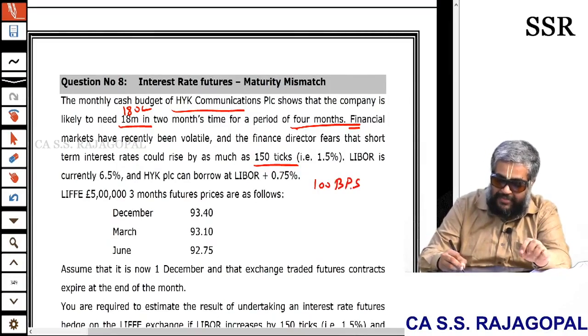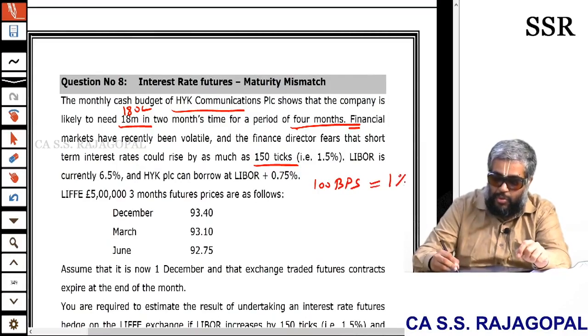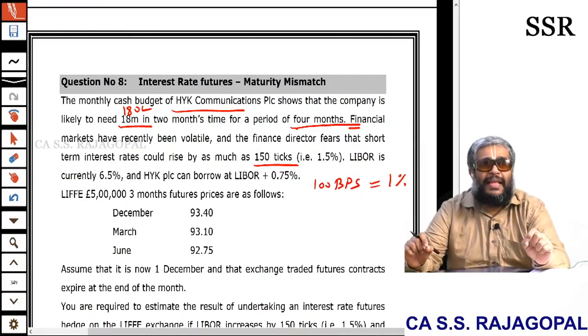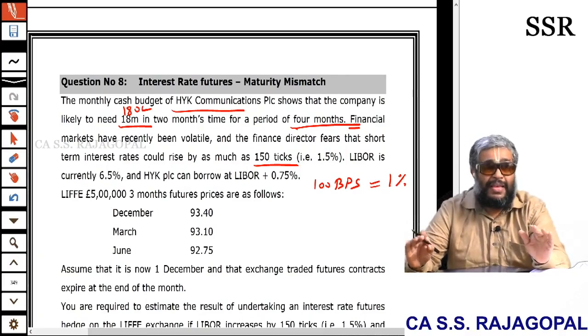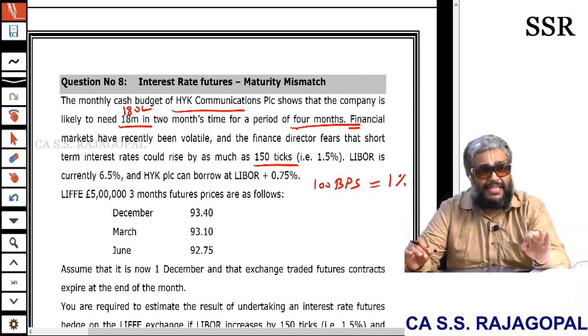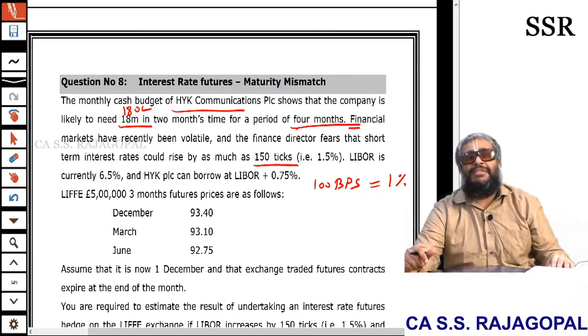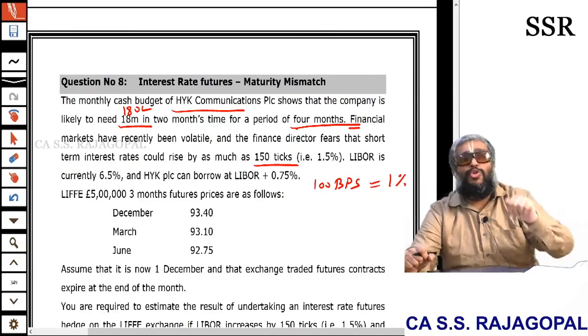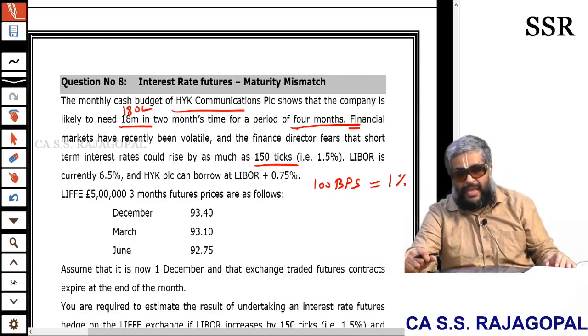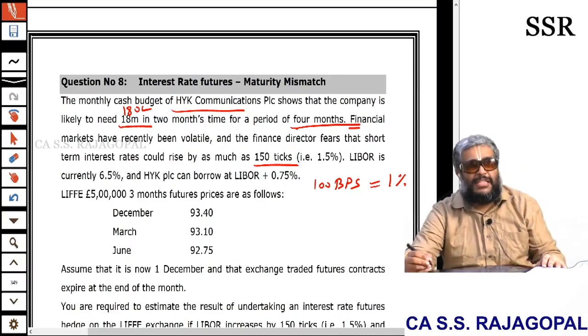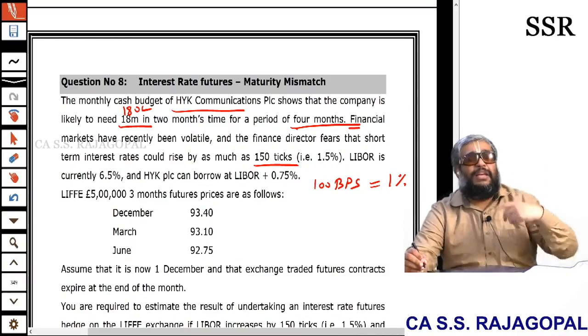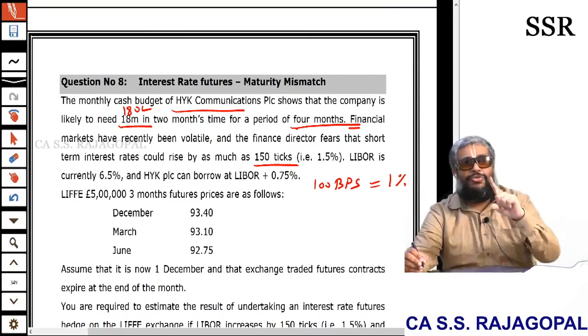100 basis points we call as 1%. We can say interest increases by 0.5%, or say increases by 50 basis points. Interest rate decreases by 2%, we can say it decreases by 200 basis points. Please understand, 100 basis points will be called as 1%. 1% can be called as what? 100 basis points. Say 1.5%, how will you call? 150 basis points. 1.25%, how do you call? 125 basis points. Basis points, BPS, is one way of expressing a percentage. 100 basis points is equal to 1% interest.